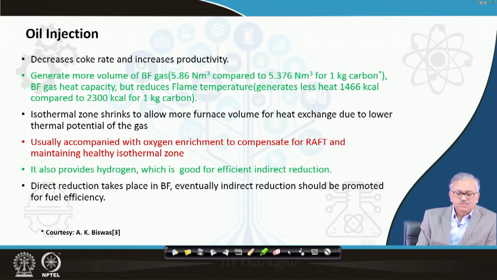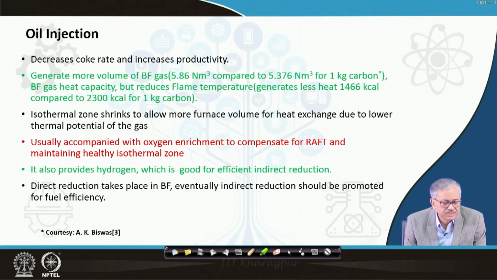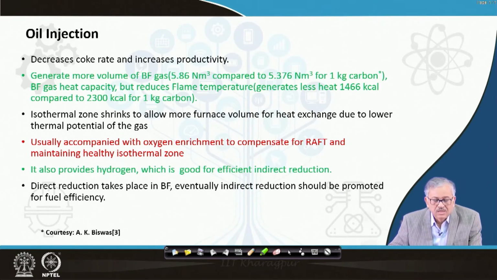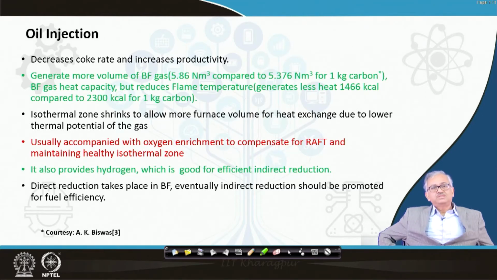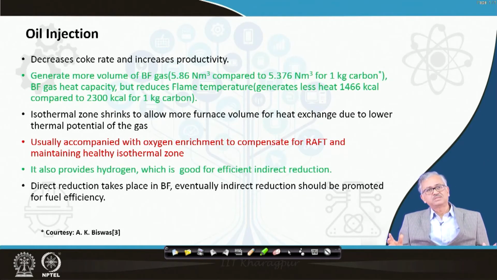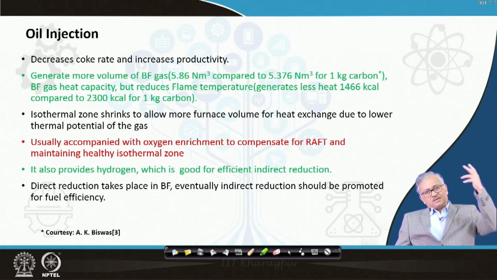And oil injection provides hydrogen, which is good for efficient indirect reduction. Direct reduction takes place in the blast furnace. And one very important thing is that direct reduction in the blast furnace eventually takes place, because in the lower part the temperature is very high and carbon is there. So direct reduction eventually takes place, but you have to increase the indirect reduction